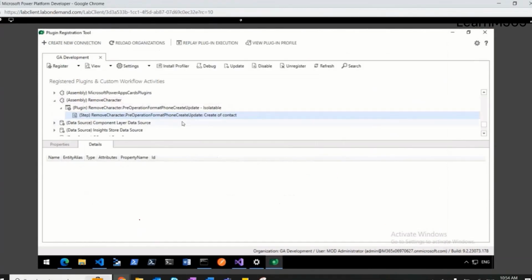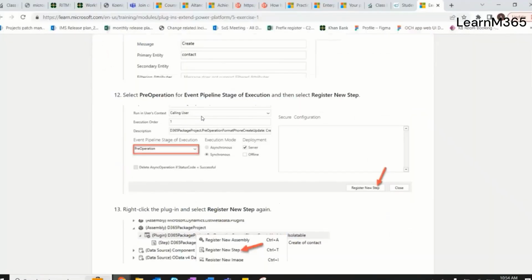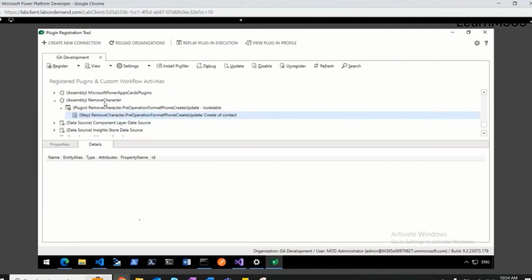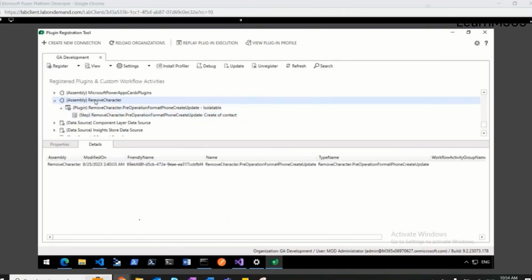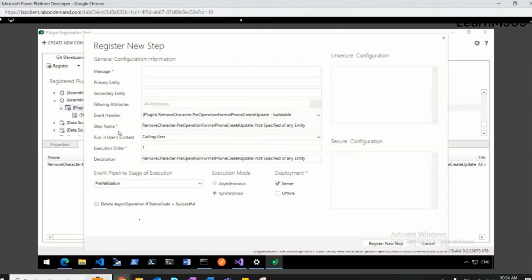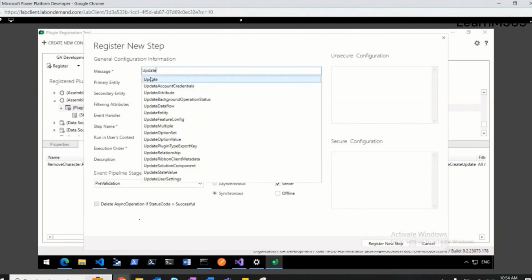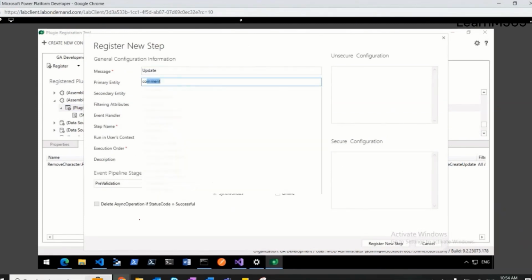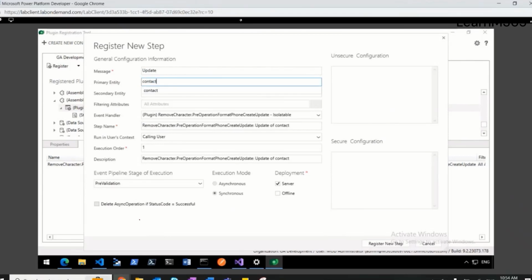So I have registered a create of contact. So again selected the remove character plugin, register new step. I'm interested for update also, on entity contact,